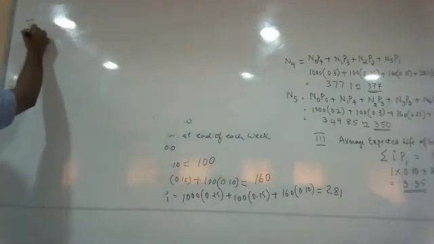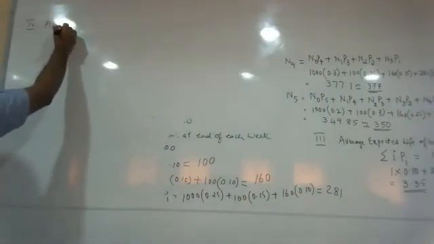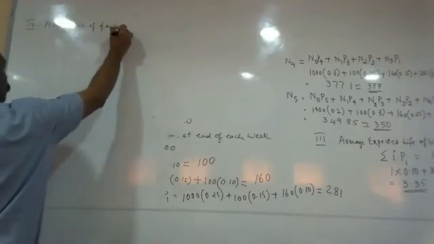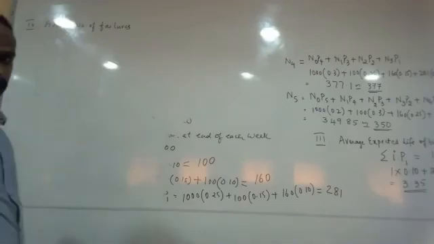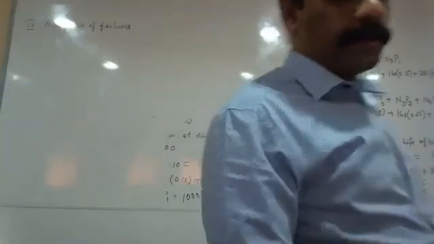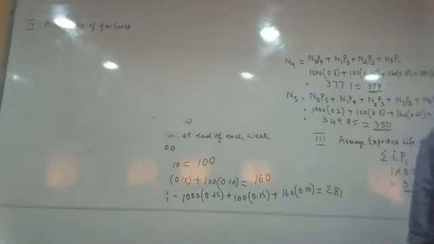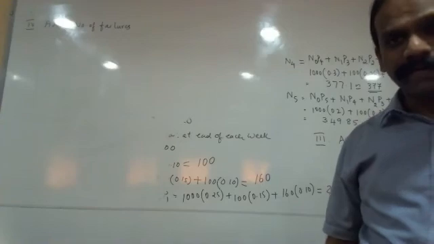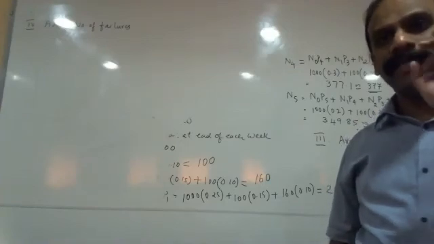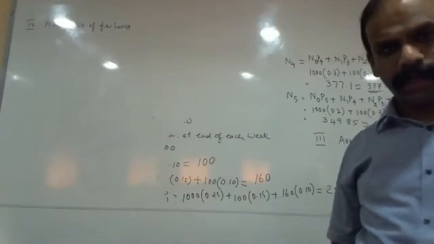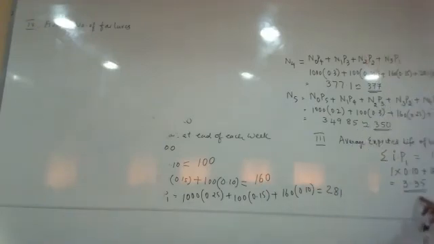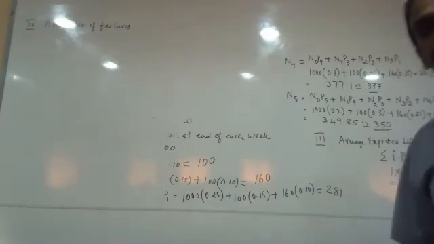Now step number 4 is I am supposed to calculate the average number of failures. How do I decide the average number of failures? Very simple concept. The total number of bulbs we have should be divided by the expected life of each bulb. Is it clear to you? If I divide the total number of bulbs by the average life of each bulb, I will get the approximate average number of failures.